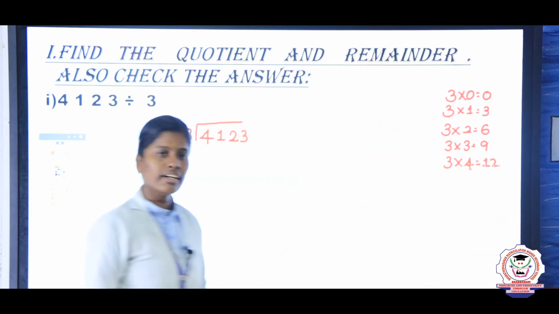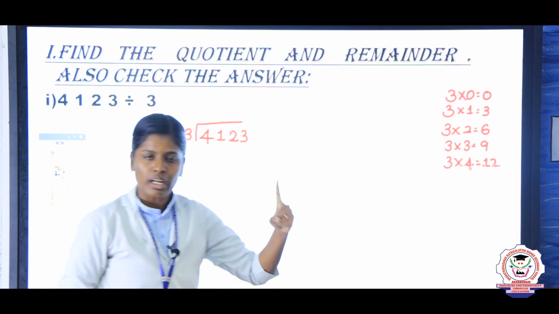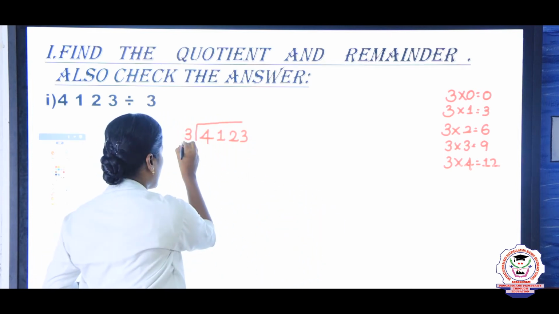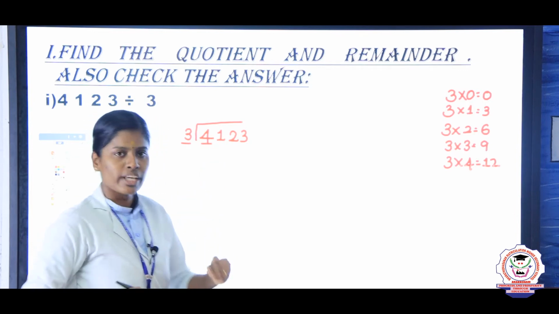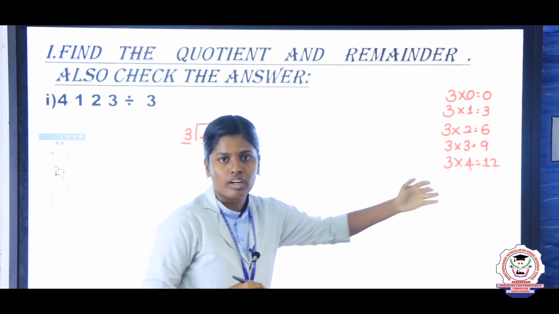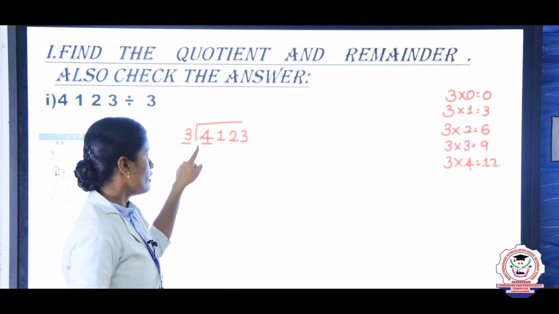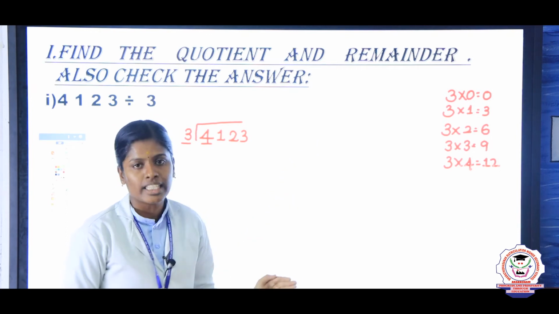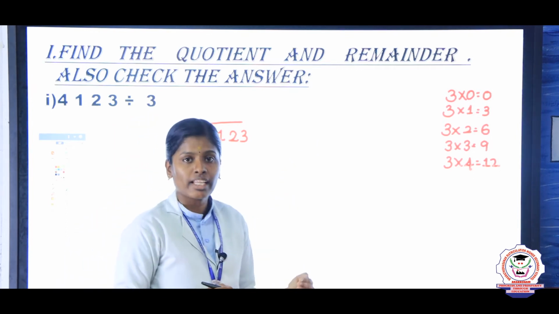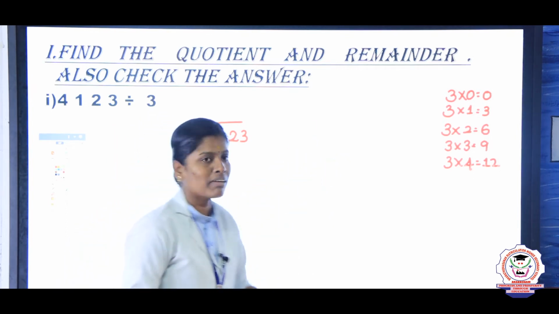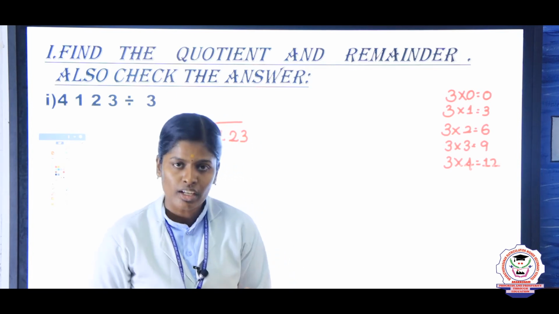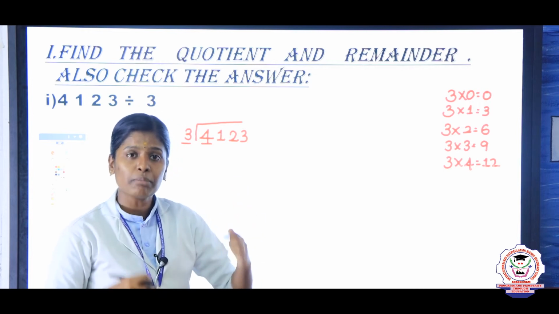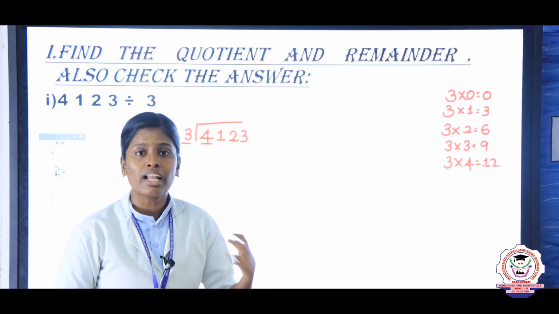So listen here children, first we have a 3, a one digit number. Inside the dividend you should take the first number, 4. Now we are going to check whether 4 is in the 3 table or not. No, 4 is not there. We have 3 and then 6. Here we are going to take the smaller number. The smaller number is 3 ones are 3. Why? Because division is repeated subtraction, so while subtracting we need to write the smaller number down.